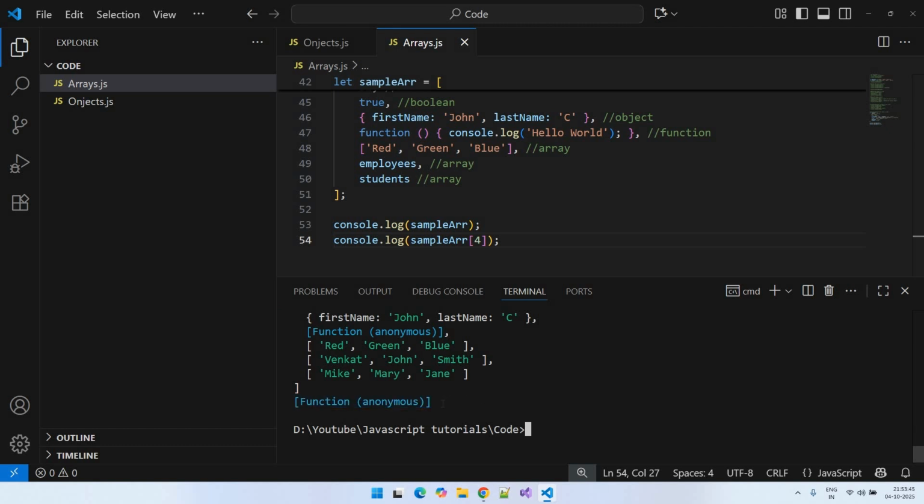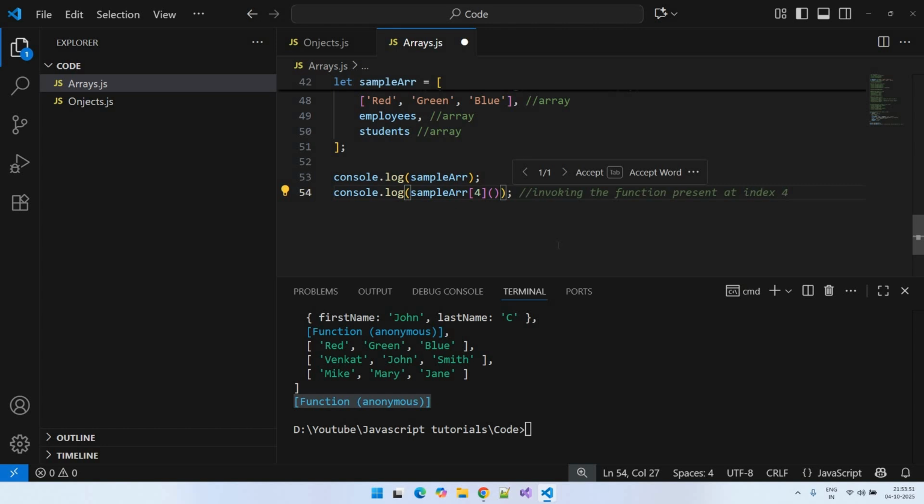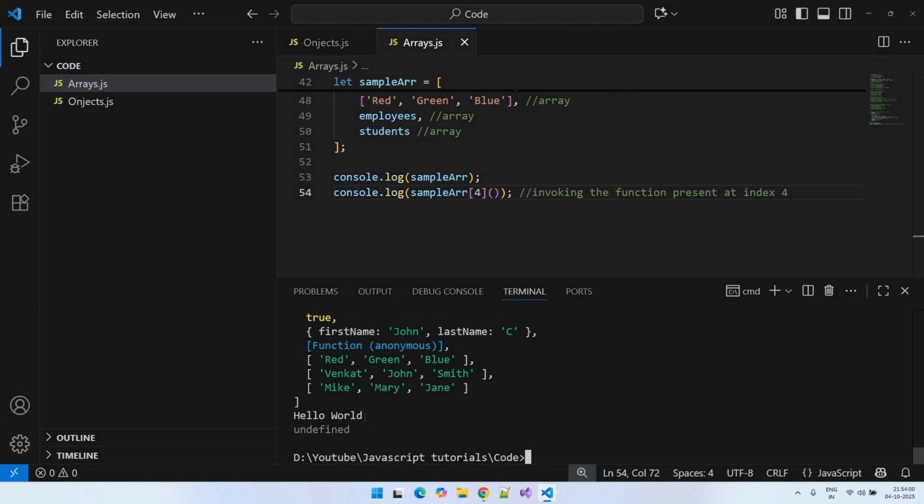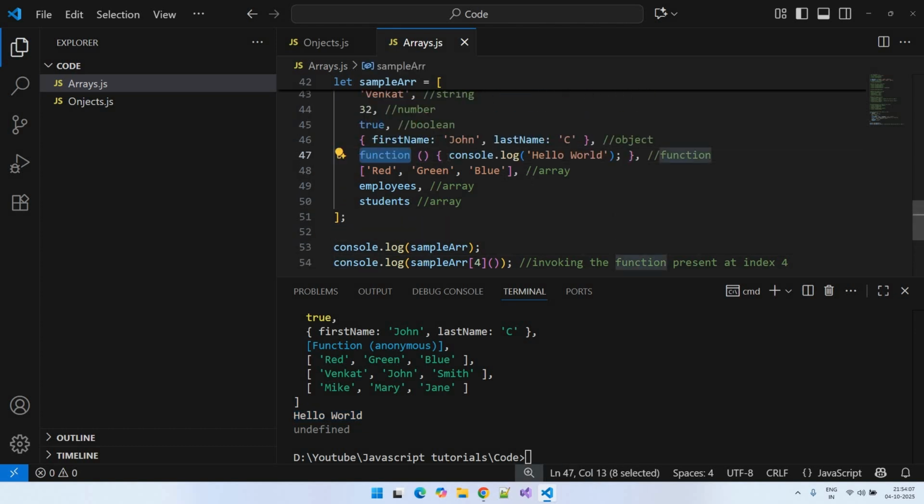In the previous session, we have seen how to call a function, right? To call this function, you need to use the parentheses, invoking the function. Okay, now let us invoke that. You can see from that function we have printed hello world. So this function is printing the hello world message. You might have a question why we are seeing undefined here. We are seeing undefined because this function is not returning anything. Okay, so if you want to return something,